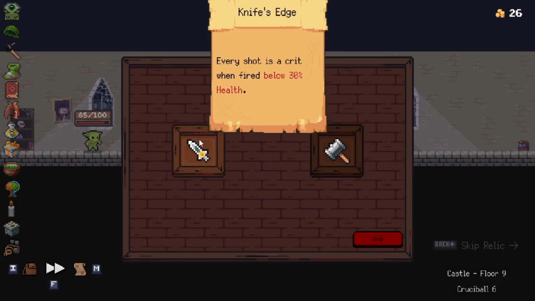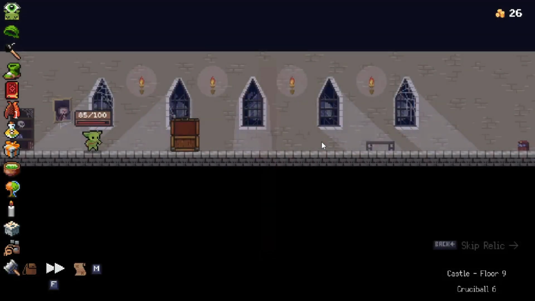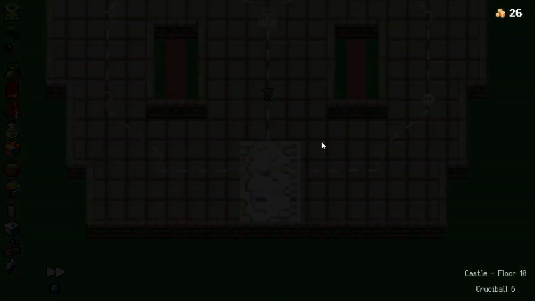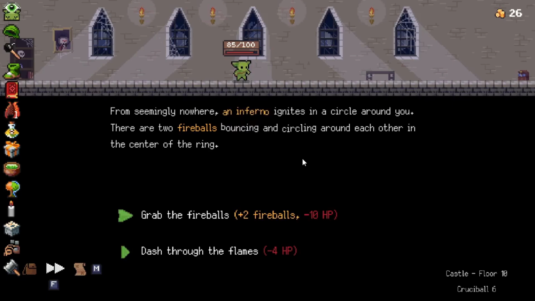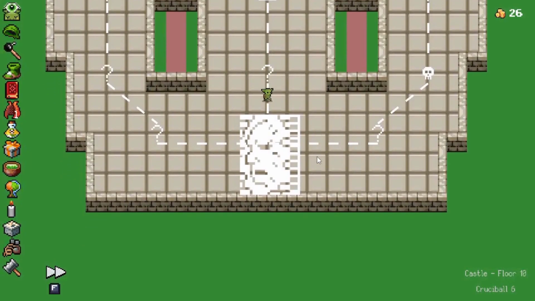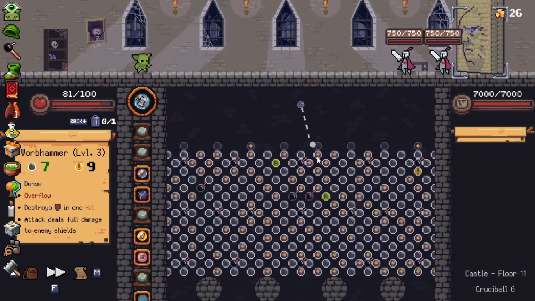So Knife's Edge, every shot is a crit when fired below 30% health. Or projectile attacks have overflow. That is the one I wanted. So everything now has overflow that is a projectile attack. Projectile attacks are like anything our Peglin throws. An Inferno, I don't want fireballs. So we can get 2 fireballs for 10 HP, or we can just dash through for 4. I don't want fireballs, so we're just gonna leave. But yeah, projectile attacks are most of our orbs. The only ones that aren't for sure is the ball lightning, but